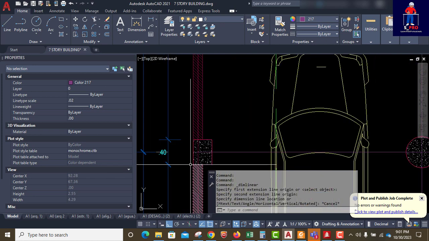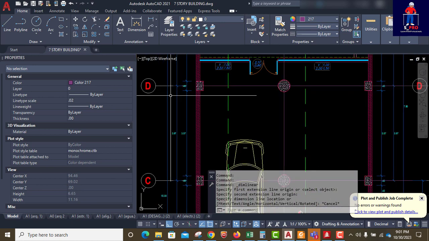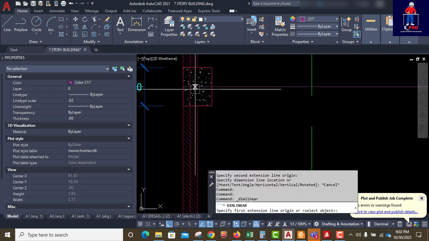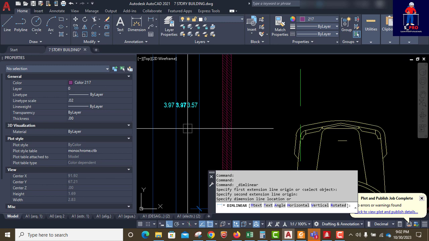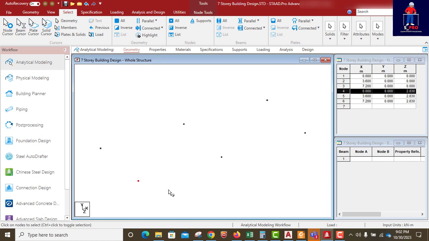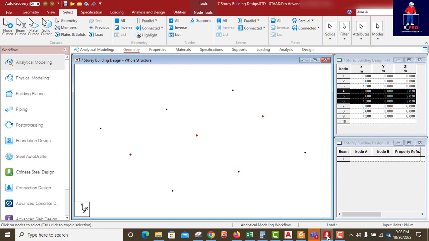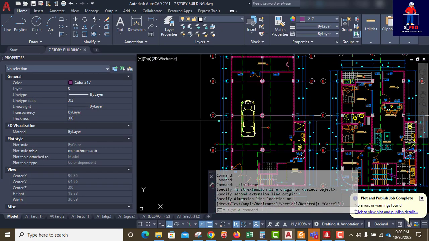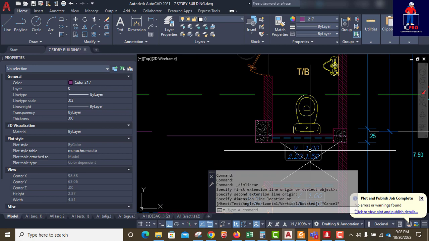center to center. Okay, we have center to center dimension of this one, which is 3.97. Let me verify that. From center to center, 3.97. Okay, that's good. Select this, Ctrl C, Ctrl V, 3.97. Okay, that's the third line. Then the fourth one is